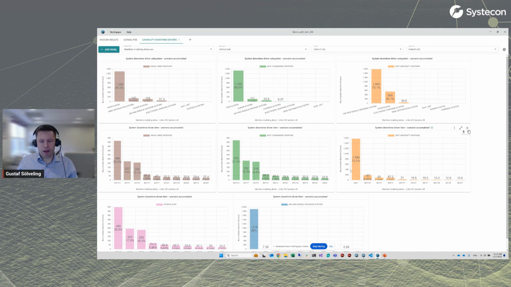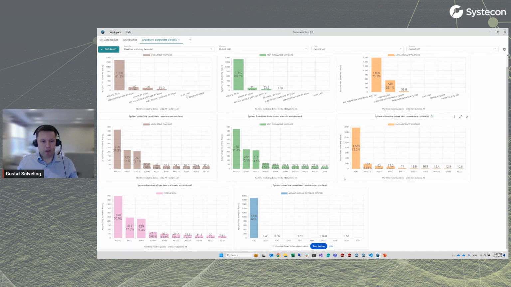So we're looking both from a capabilities perspective, but also from the individual subsystems perspective as well. We can clearly see here for propulsion, our part 601113 is really the main contributor. There are some other parts that contribute as well. For the air and missile defense, we see it really comes down to one part here. And if we were to look at this in a little bit more detail, we see that it's our antenna array,